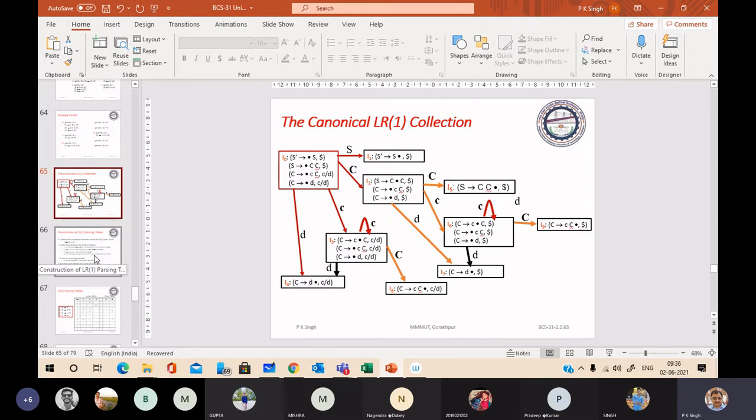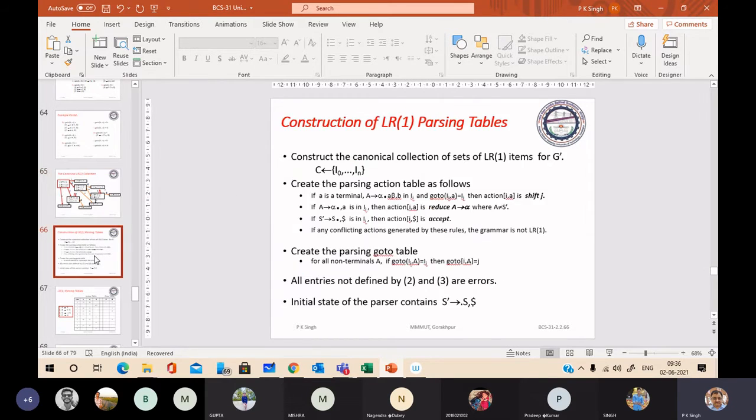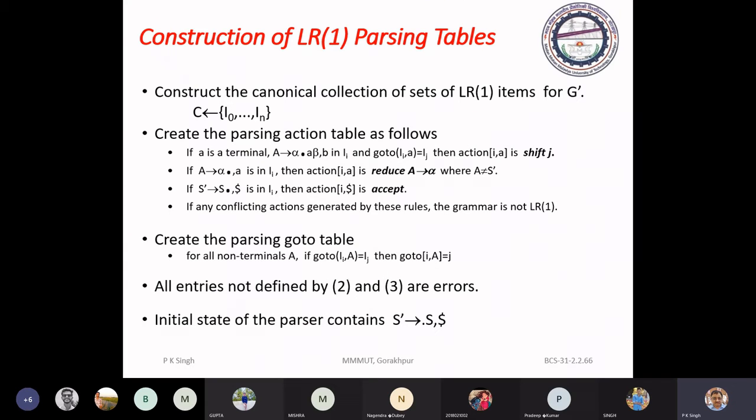So see the algorithm for construction of the table. First we construct the item sets I0 to In; we have already computed I0 to I9.